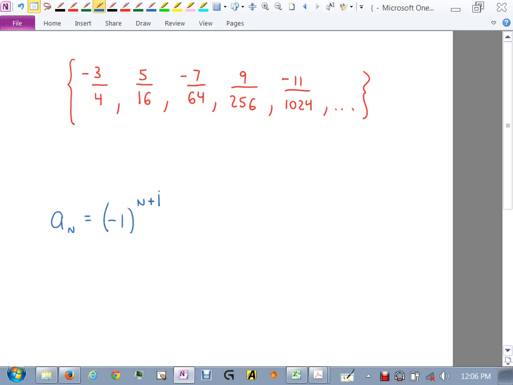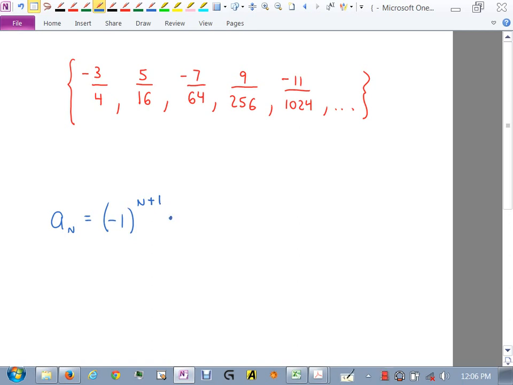Understand that part? If you plug 0 in right here, what do you get? Negative 1 to the 1, right? What's negative 1 to the 1? Negative 1. So that'll create a negative out here, right? If you use just n instead of n plus 1, then when I plug in 0, it gives you 1, but you don't want it to be 1, you want it to be negative 1. So you have to put the plus 1 there. Does that make more sense? Okay. It's either going to be n or n plus 1, depending on where it starts. Okay, that part of it's done.